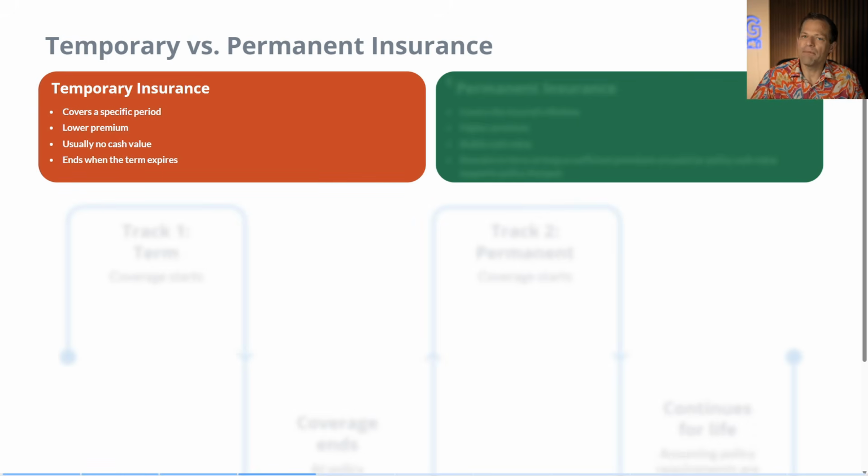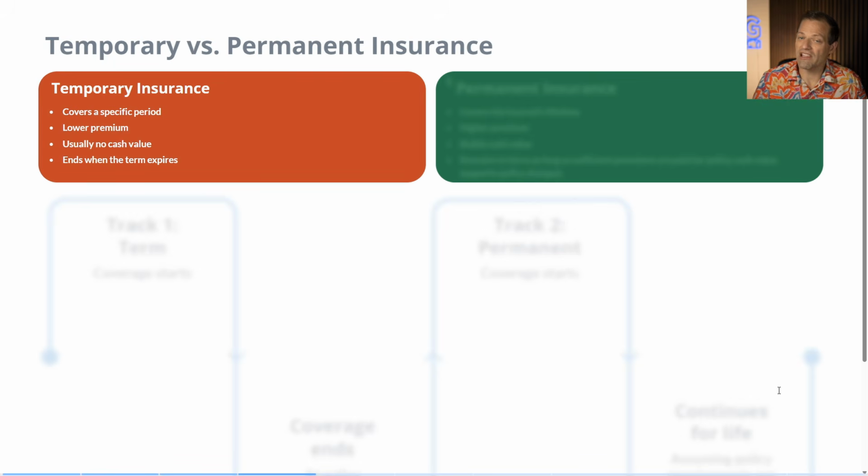Typically, with temporary insurance, there's a lower premium. Why is that the case? Because if the insurance company is issuing a policy, the likelihood is extremely low that the person will actually file a claim. They likely will outlive it, actuarially speaking, statistically speaking, so they can price the plan lower over a group of insureds in an insured pool. There's usually no cash value in most temporary insurance plans, and it ends when the term on the policy expires,